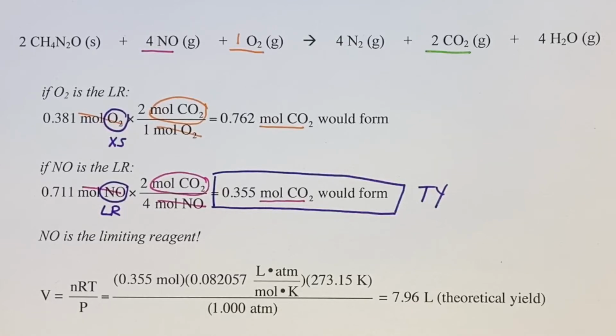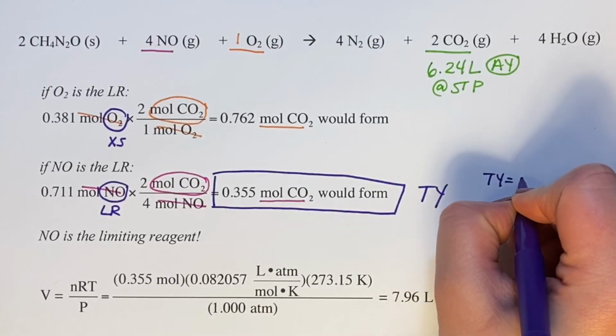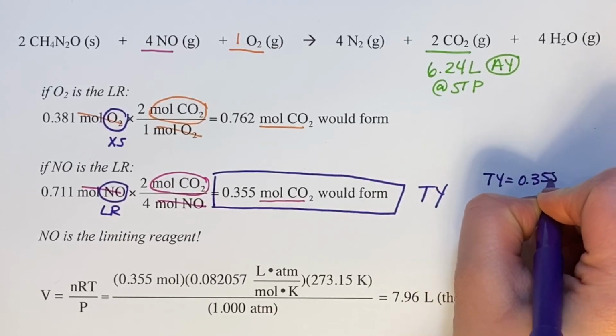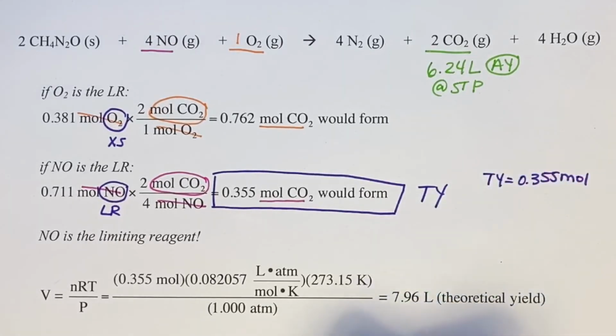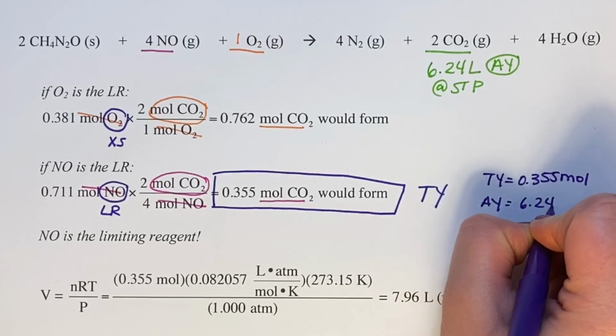So at this point in the problem, I'm going to be working to calculate my overall percent yield. We know from the beginning of the problem that we had 6.24 liters of carbon dioxide that was isolated, and that volume was measured at STP. This is our actual yield. So right now I know my theoretical yield is 0.355 moles, and I know that my actual yield is 6.24